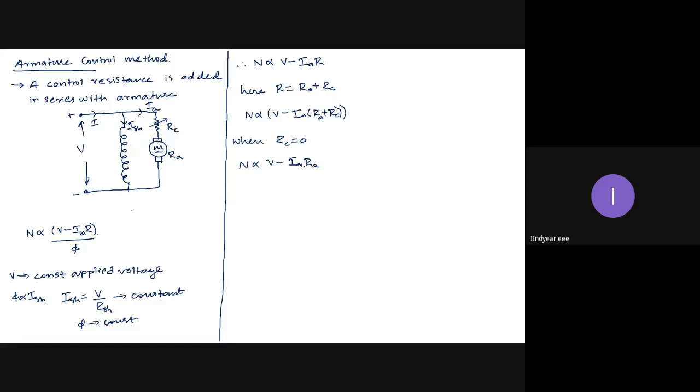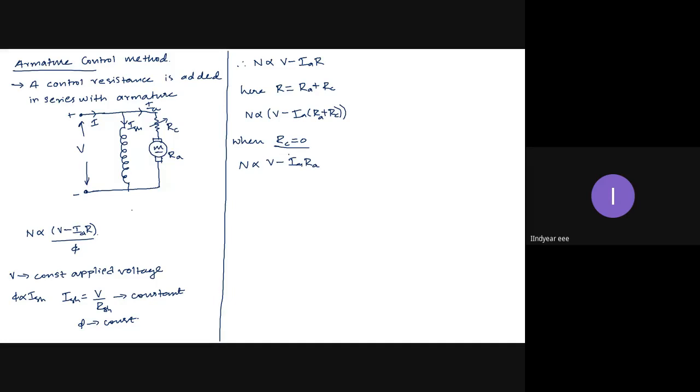So what does it mean? At a particular load condition, speed is of some value. Now, if I consider the rated load, the speed is at rated value. So when the control resistance is 0, a rated current in the armature flows, giving the rated speed of the motor. So whether it is a flux control method or an armature control method, when the controlling rheostats are at 0 position, I get a rated speed. Now what happens once I vary the control rheostats is the study.